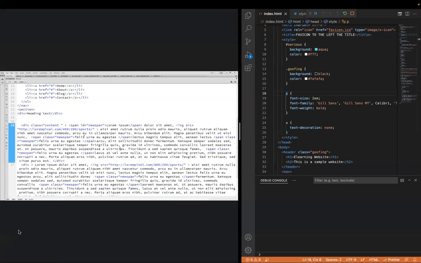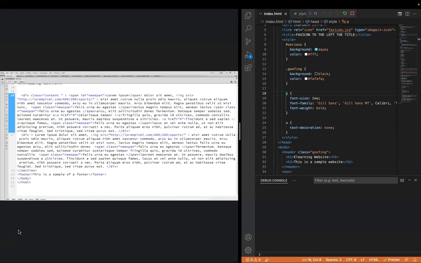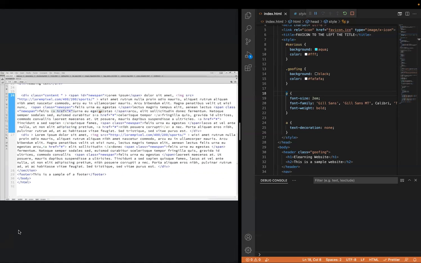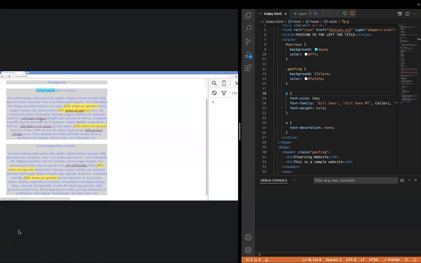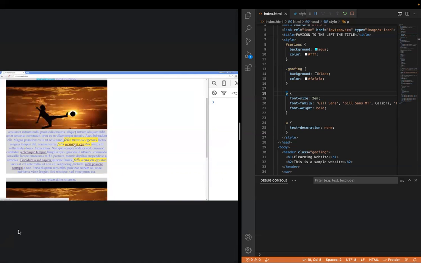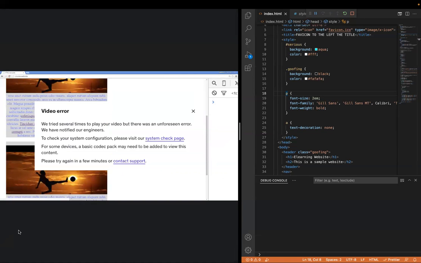So I'm just going to go back out into this HTML and just show you how it works with the linking. And I'm just going to create some default links here within the text. And then what we're going to do is we're going to grab all the links, the hyperlink tags, and remove out all that text decoration. So I'm just going to add another few. And maybe we can add some here within that span, just to show you the way that it works when it is nested within it. So we go back out here, and this is probably going to have quite a bit of stuff on here, but we can see that all of our hyperlinks are now underlined. And because